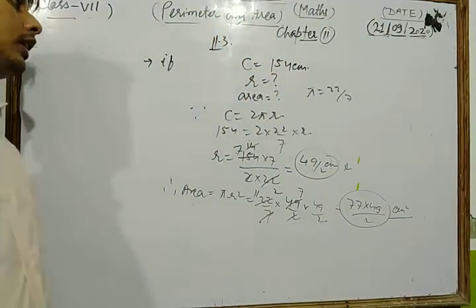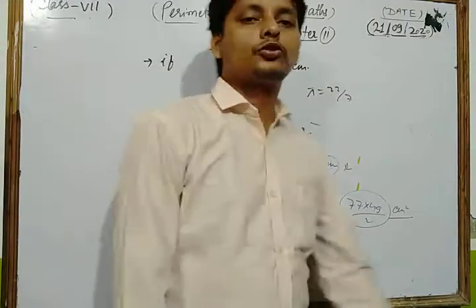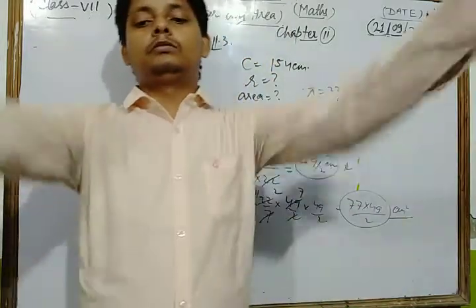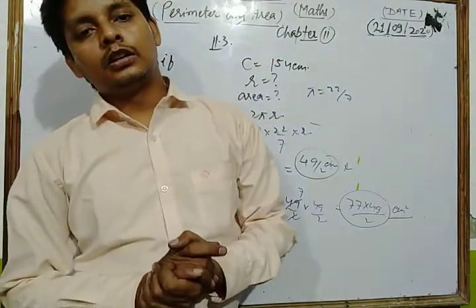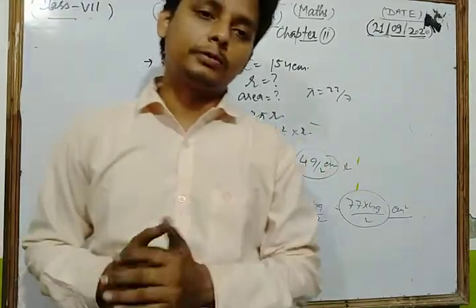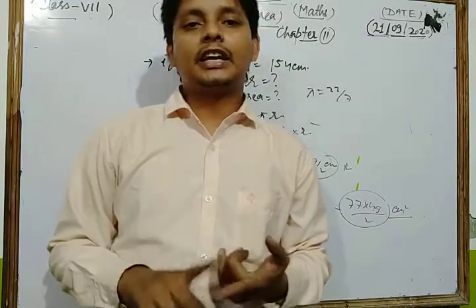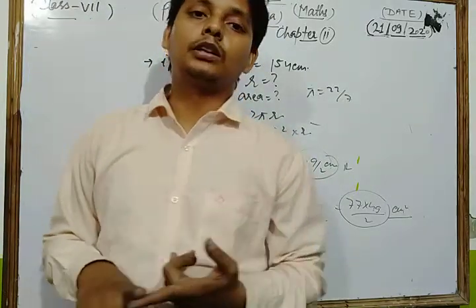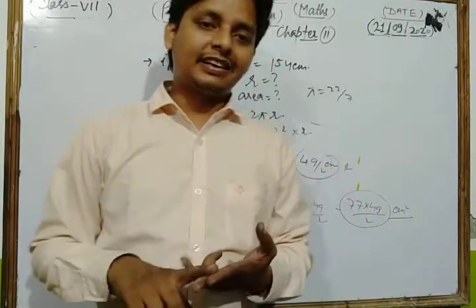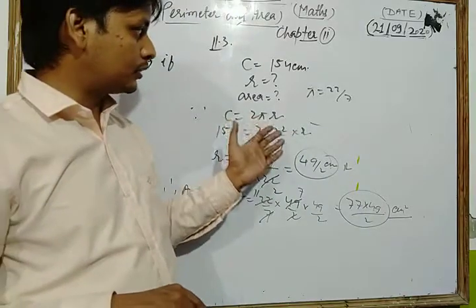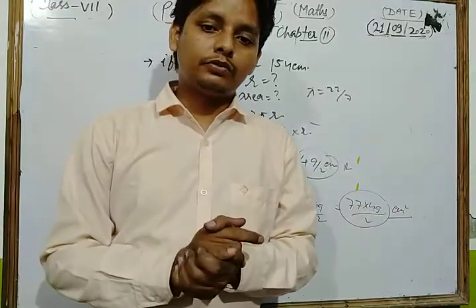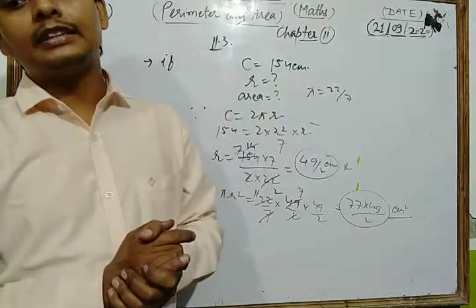Thus, dear students, today we revised your chapter perimeter and area. In that chapter we discussed all the formulas related to it. We discussed the area and perimeter of the parallelogram, and the area and perimeter of the rectangle and square. We also discussed the area and circumference of the circle, and we completed all the topics included in that chapter.